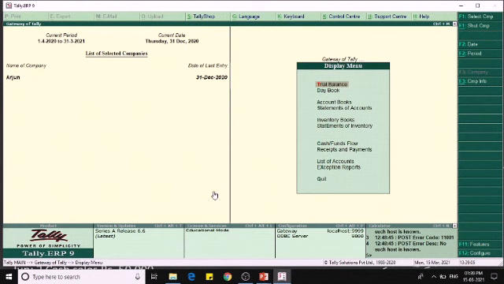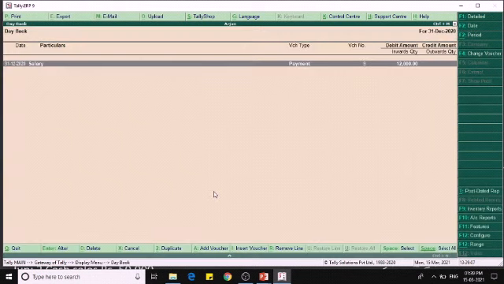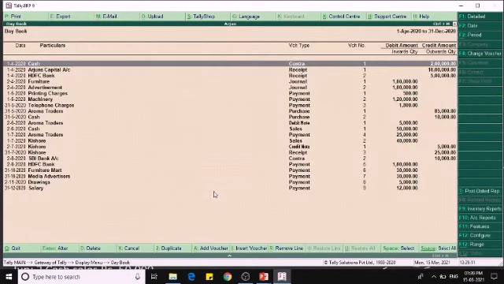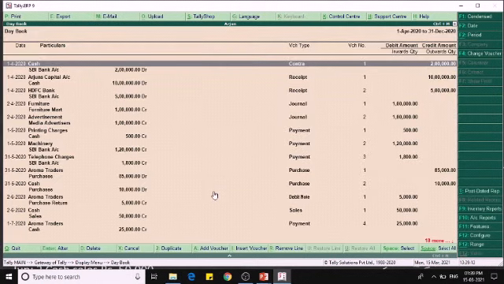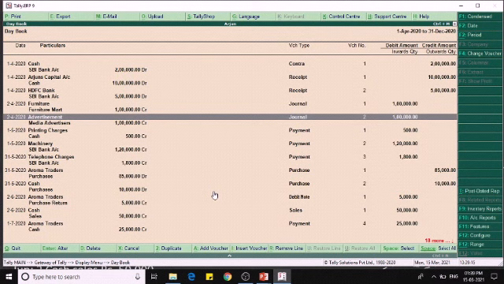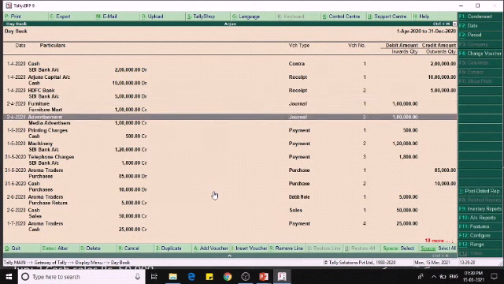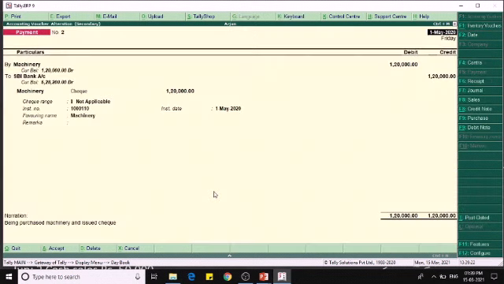We can go to display day book, change the date from 1/4 to 31/12. So on the 1st of May only he is purchasing the machinery by issuing the SBI check for the value of 1,20,000.